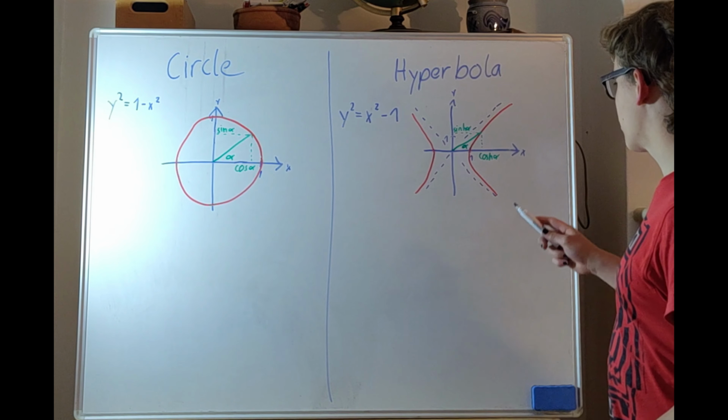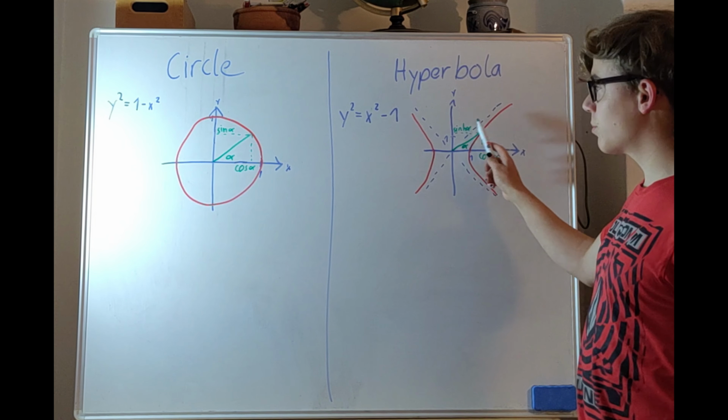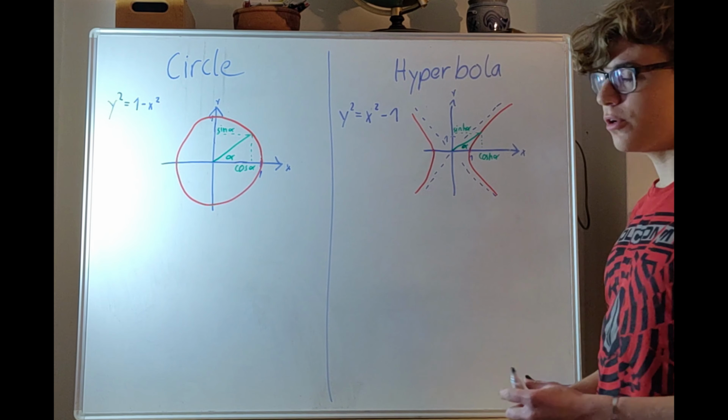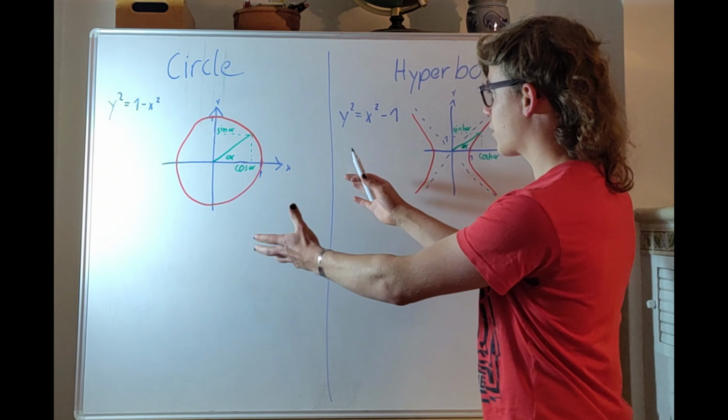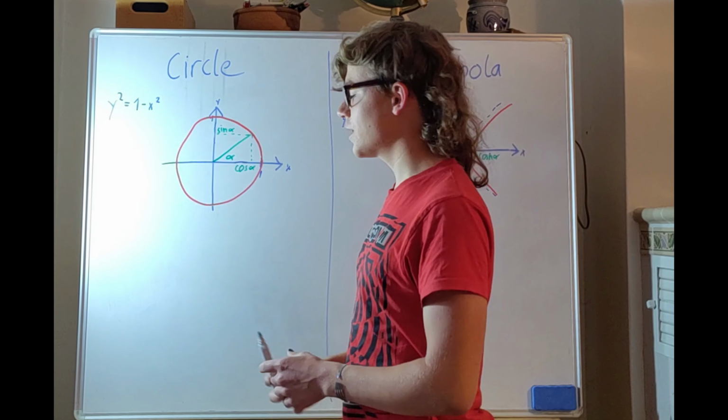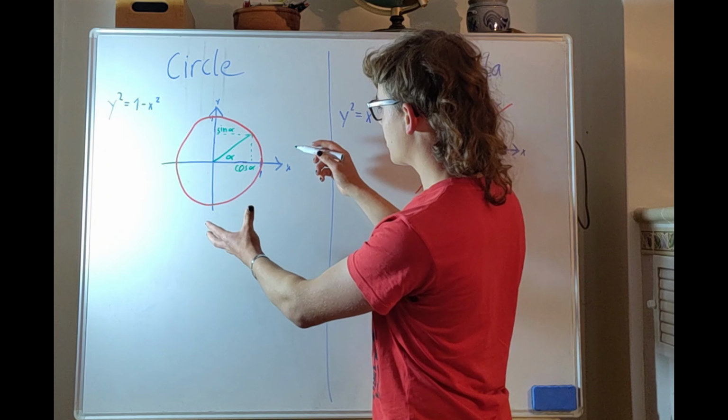So today we'll derive the formula for the hyperbolic cosine and the hyperbolic sine by nothing but just its definition on the hyperbola. Okay, so first of all let's look at the circle. So we have the definition of y squared equals 1 minus x squared, and then we have a circle here,